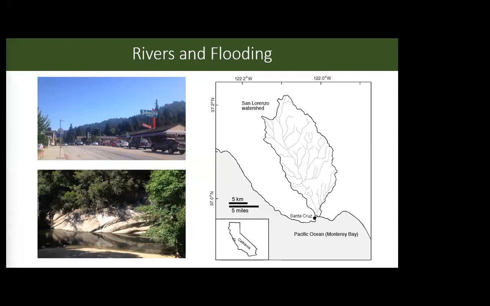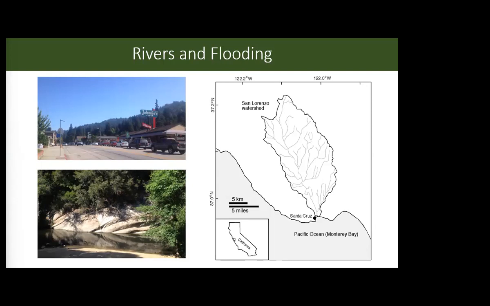Today we're going to be talking about rivers and flooding, flooding as a hazard. And in order to understand that, we need to understand how river systems work, their dynamics, the dynamics of the water cycle, and not just the three components of evaporation, condensation, and precipitation. There's even a lot more that goes into it. So we're going to talk a little bit about that. We're also going to talk about